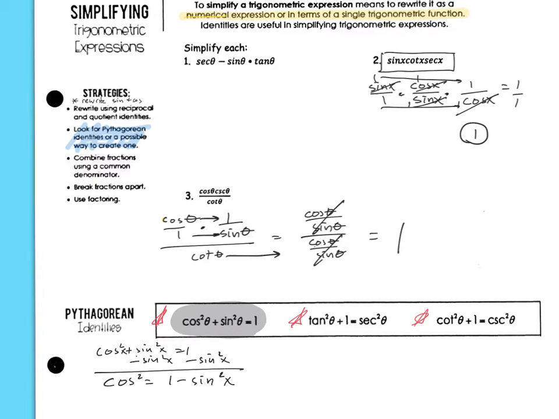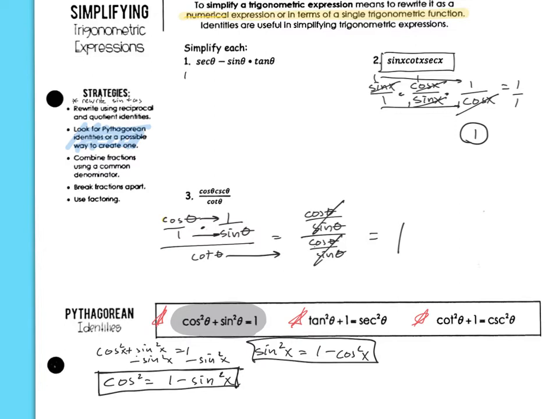Then you can do the same thing by subtracting the cosine squared. So we also know that sine squared is 1 minus cosine squared. So this one trig identity actually generates 2 more. And we kind of use all 3 of them a great deal. So if we go back up to problem number 1,